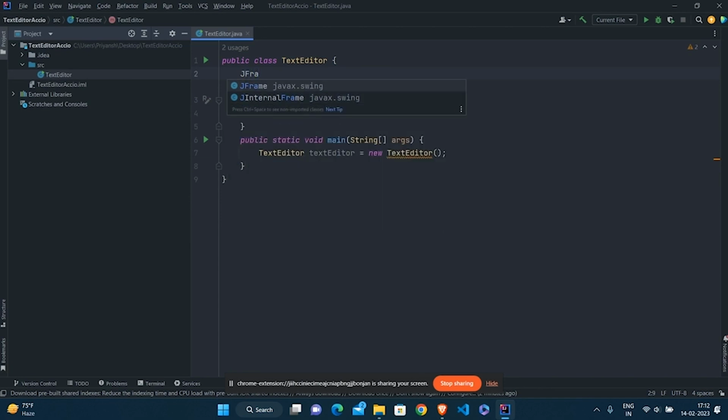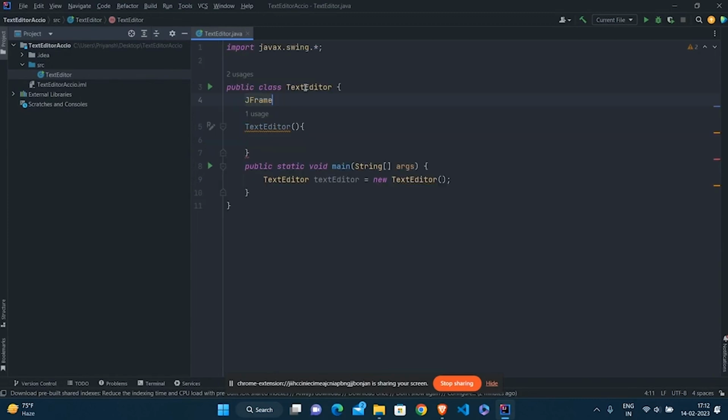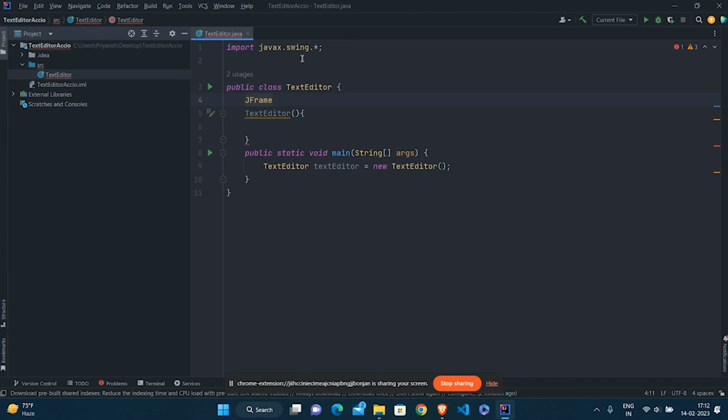You can see here it belongs to javax.swing. This is the package that we need to use the components that are predefined in Java Swing. It is going to auto import this javax.swing package. And I'm going to call it frame.